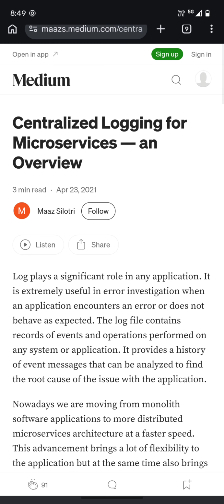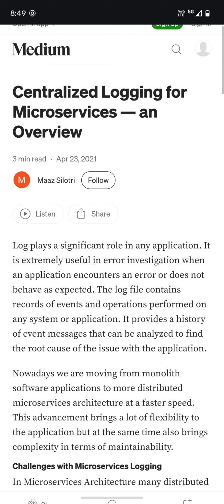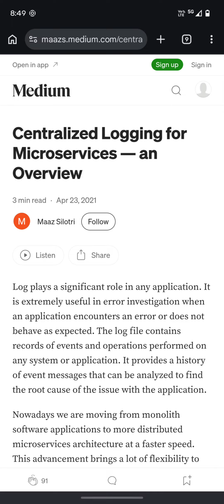microservices. Now, when we go for microservices, we may have hundreds or thousands of microservices depending on the project complexity. So we need to provide proper centralized logging to understand how the request is navigating among multiple microservices. It is very important, right? Millions of people try to access this application.